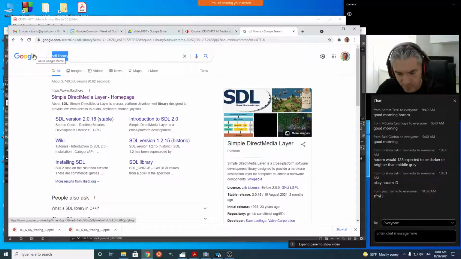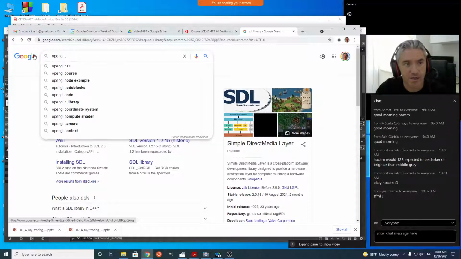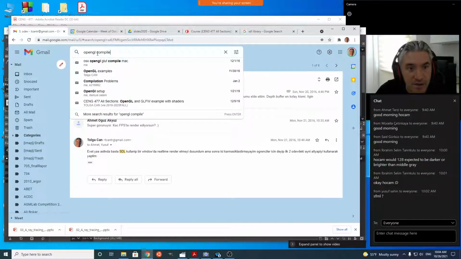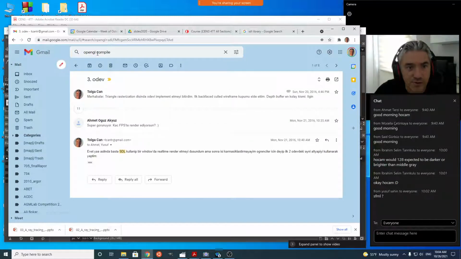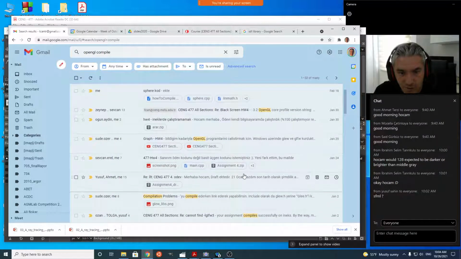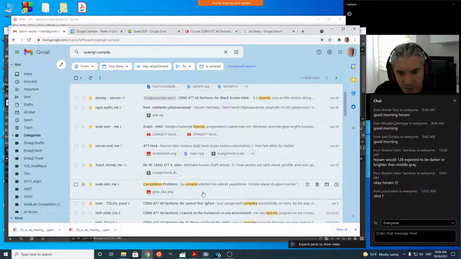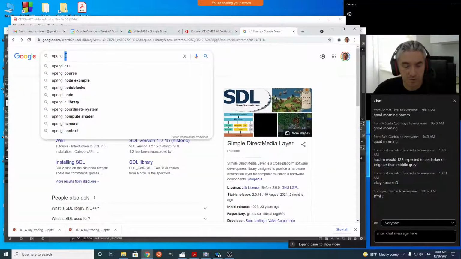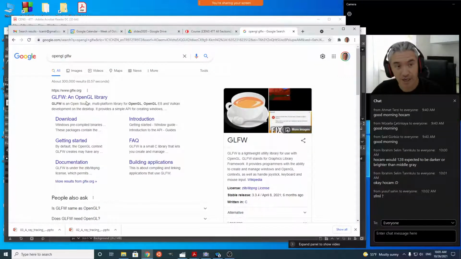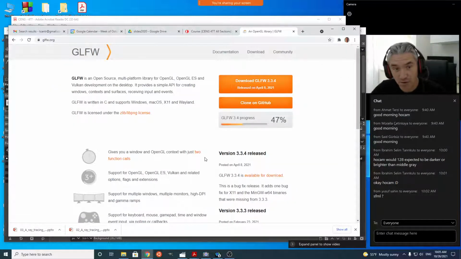So, OpenGL compile. Actually, I have it here. OpenGL setup, so I'm going to take a look at these. I'm quickly looking. So we are going to be using GLUT, but I think it's GLFW. Yeah, the GLFW library is the one we are going to use. When we come to OpenGL, we will be using this GLFW library in addition to OpenGL, because OpenGL does